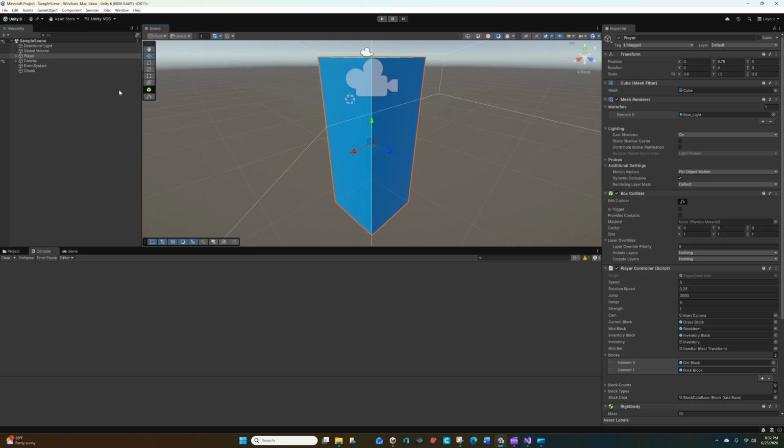It notifies every block next to it that a change happened, and then those blocks that get notified will do some kind of check. And for sand, it's going to check if there's an air block underneath it, and if there is, what it's going to do is